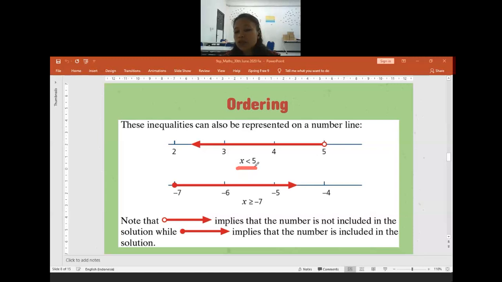In here we can see the arrow, the inequality is like this. That's why the arrow will be going to the left, because we focus on the inequality sign. And look at the inequality, it only says less than, but there is no equal sign. That's why in here the circle will be given as an open circle. It is a white circle, we do not shade it. The circle will be at the top of the number given in here. The number given is 5, that's why the circle is above number 5.